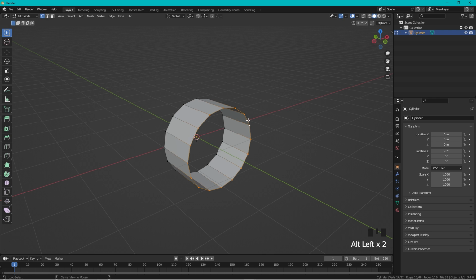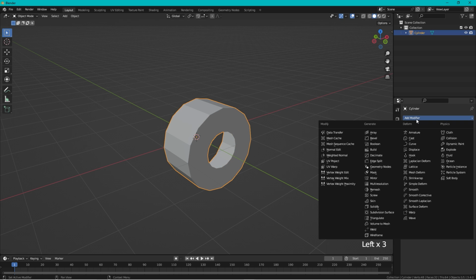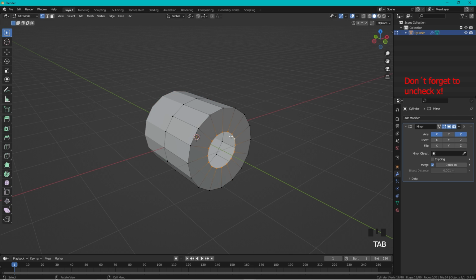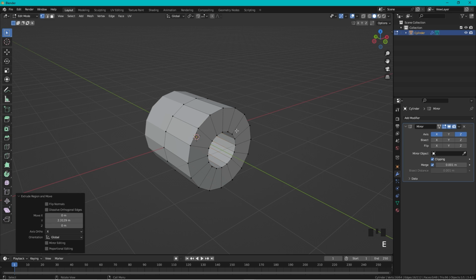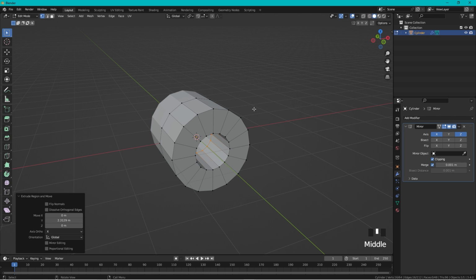back to number 1, and take this, press E, S, down, and then we actually want to add a modifier, and let's select the mirror modifier over Z, back to edit mode, and then we activate clipping and take this, E and Y. Great. And then I actually want to add 2 other loop cuts, one here and one here,